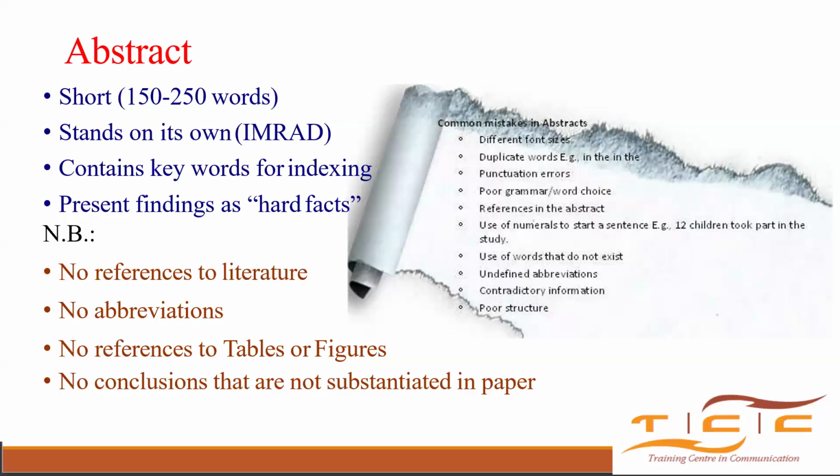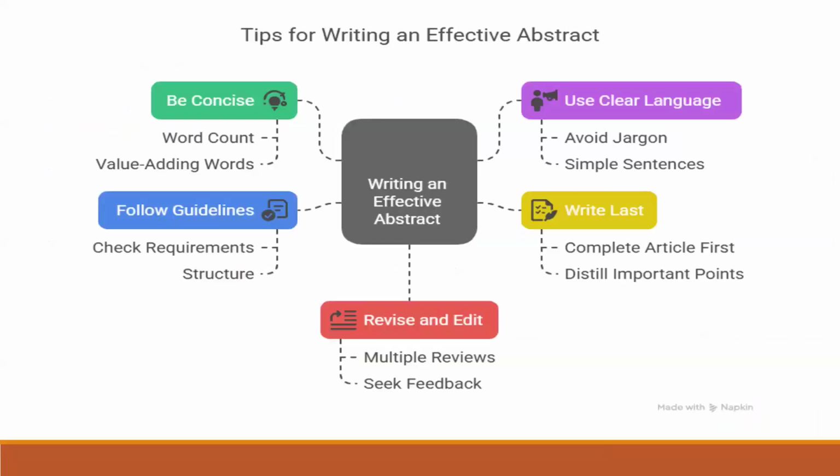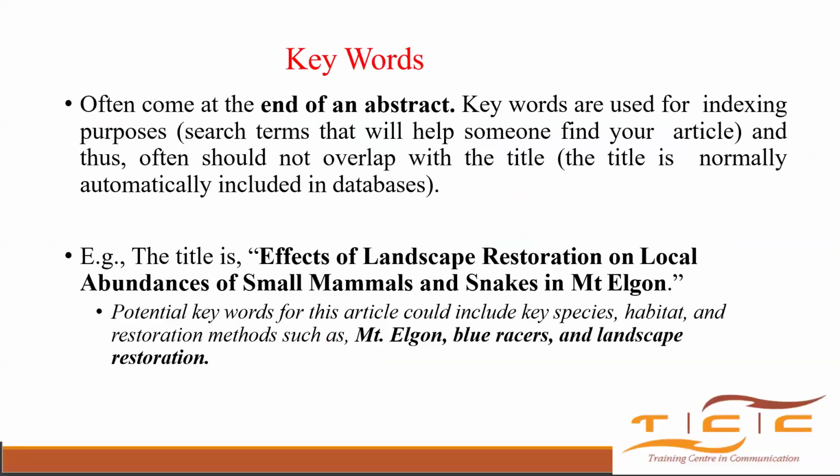So say you did research on the impact of breastfeeding frequency on child health, and then your conclusion is talking about something else, about diet and feeding, and I'll be like, how did this even come here? So that's just an example. I think I've talked about that clearly. You are also going to read through this, just to see writing an effective abstract. It's always written last, follow the guidelines that are needed, be concise.